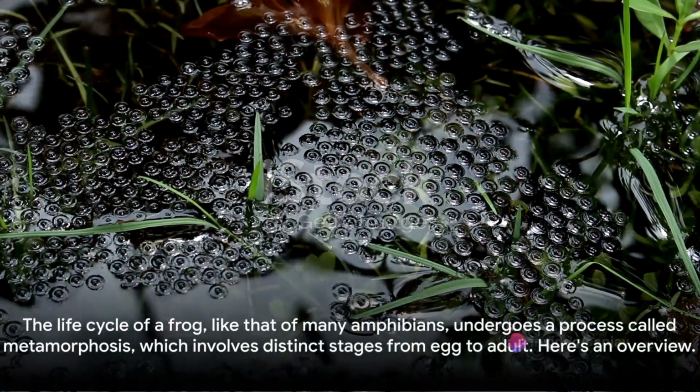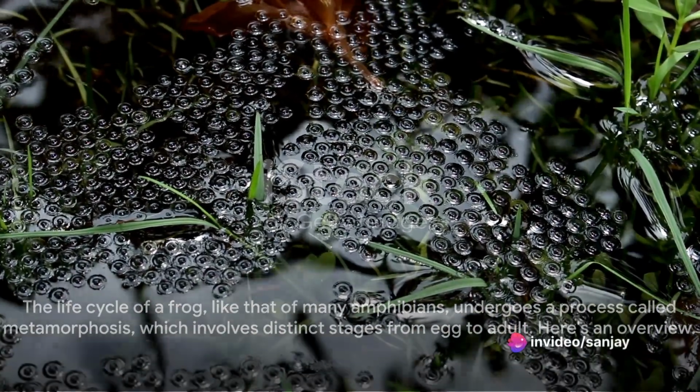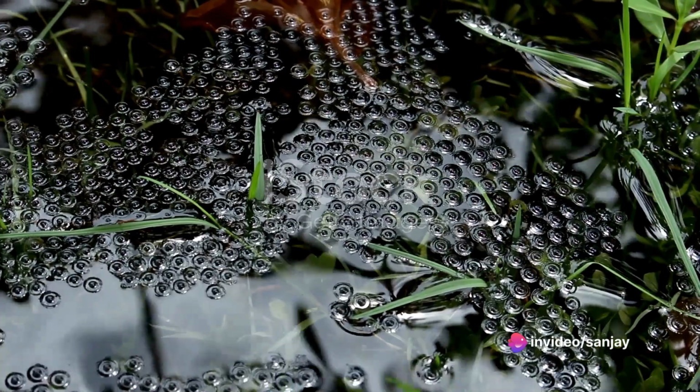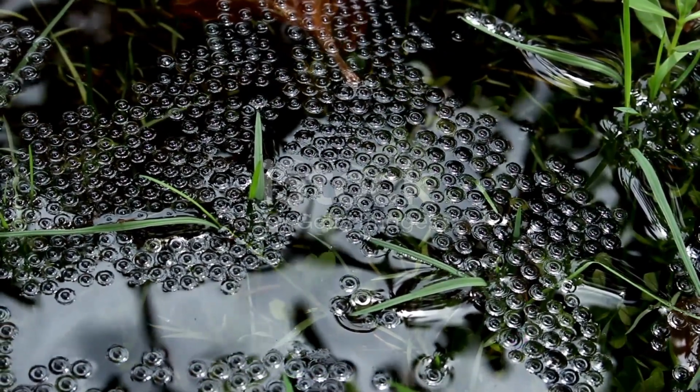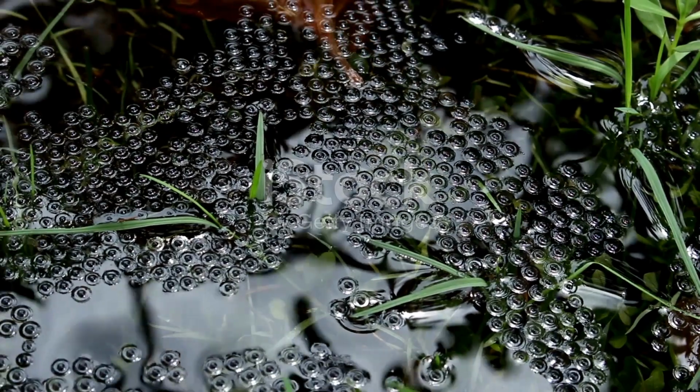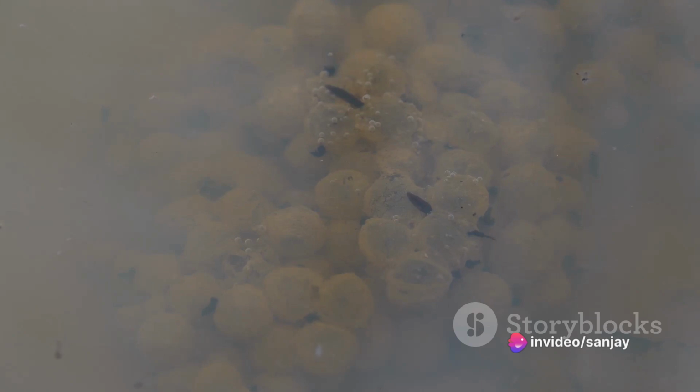The life cycle of a frog, like that of many amphibians, undergoes a process called metamorphosis, which involves distinct stages from egg to adult. Here's an overview. Egg stage, spawn. The life cycle begins with eggs laid by adult frogs in water, usually in ponds, lakes, or slow-moving streams. These eggs are often laid in clusters or masses, and they are coated in a jelly-like substance for